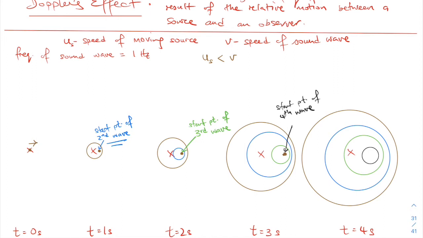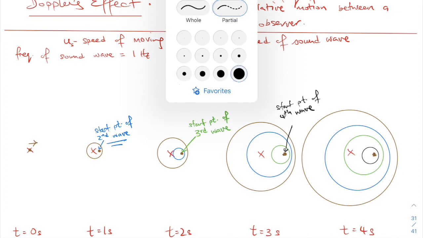And at this point, t equals 4 seconds, where is that moving source? It would be somewhere here. So you get the point. This would be the wavefront diagram for when the speed of the moving source is smaller than the speed of the sound wave produced. So if we now look at another scenario